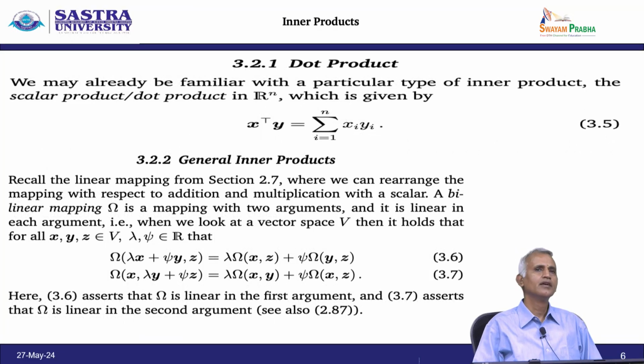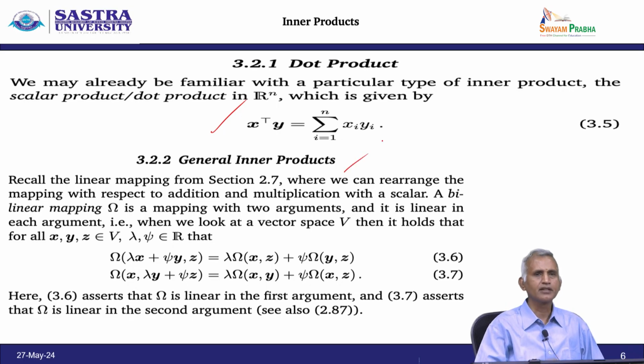Now, we have a dot product. We are very familiar with the dot product because A dot B equals mod A mod B cos theta. We may also be familiar with a particular type of inner product, which is given by x transpose y equal to summation i equals 1 to n of x_i y_i. The general inner product is